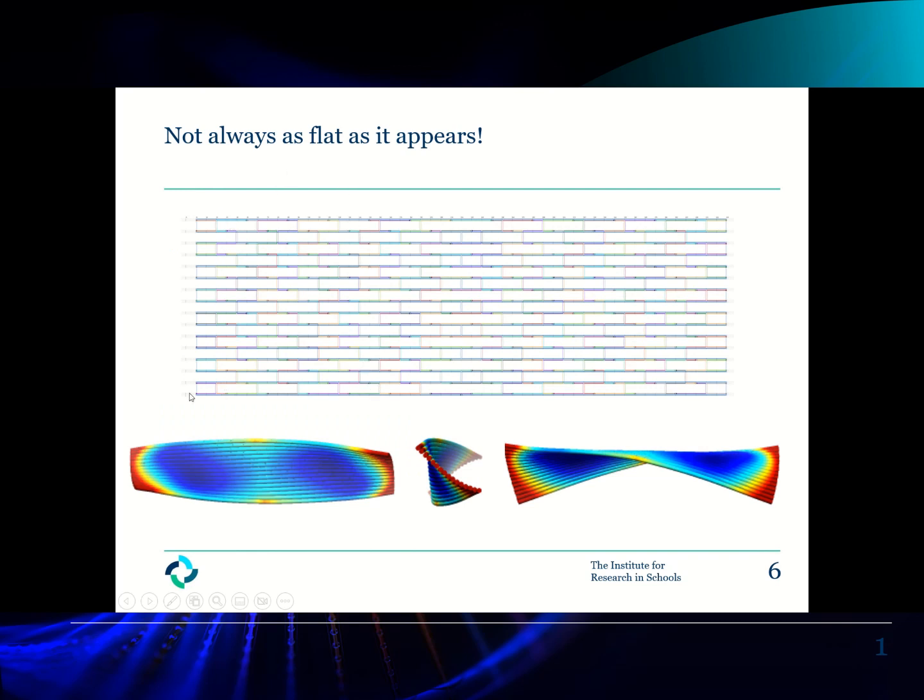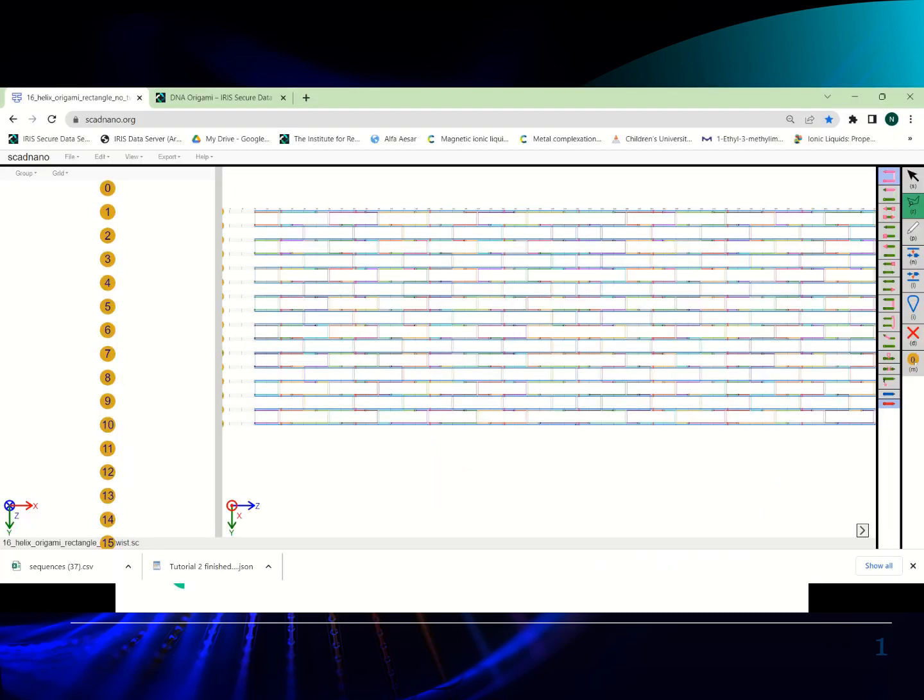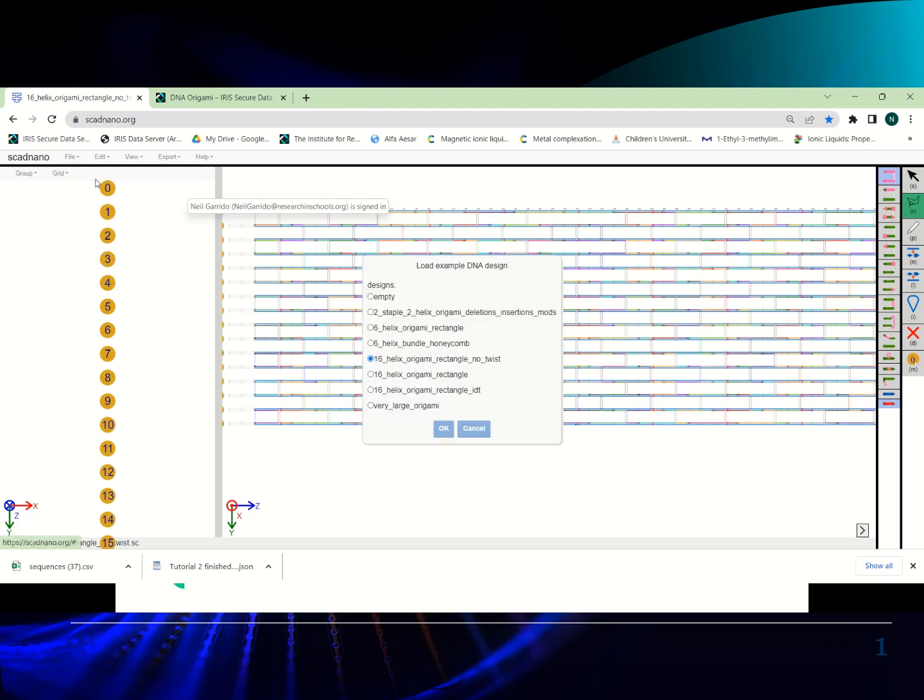Now, preloaded onto SCAD Nano are a couple of examples, and I can just show you where they are now. If you go from the file option and go to load example, there are a few examples that you can have a look at, and I'll show you these shortly. So if we click on the origami rectangle,